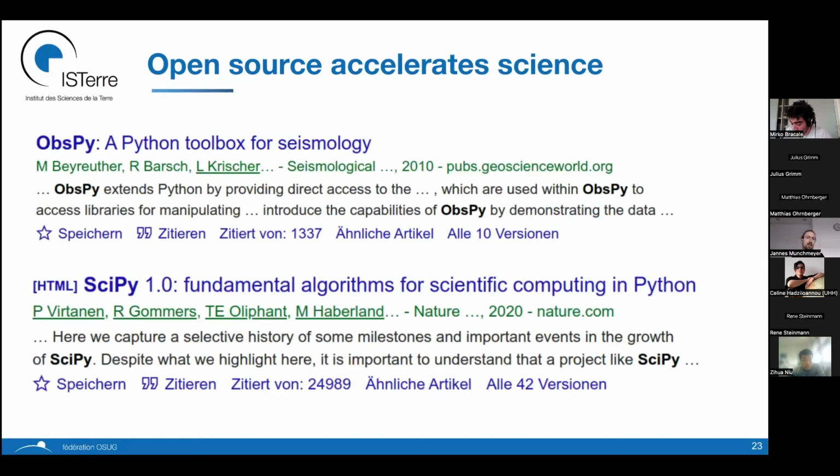As you can also see this, if you just check, for example, for ObsPy, which I guess we all know in seismology, we have 1,300 citations and probably 3 times as many papers that use ObsPy and do not cite it. So it's very vital for us. And if we didn't have ObsPy to use all the functionality and we'd had to code this all ourselves, we would probably take a lot longer and the science would be slower. And even more substantial for tools like SciPy that's lying under all of this, which has 25,000 citations and a similarly high number of not cited usages.